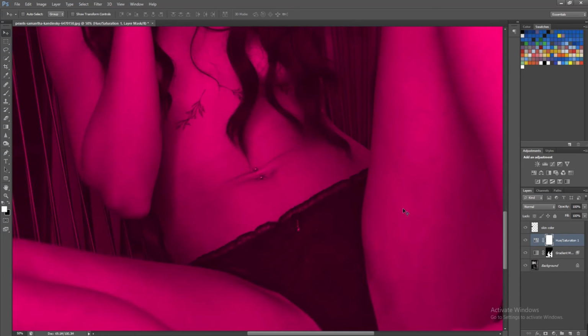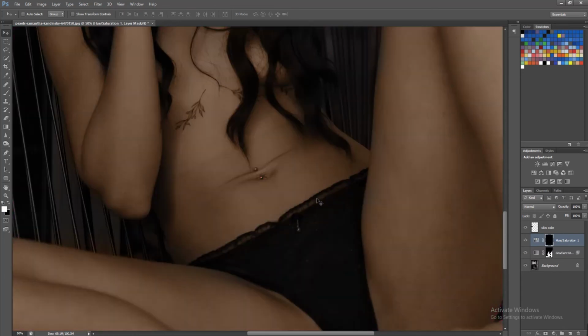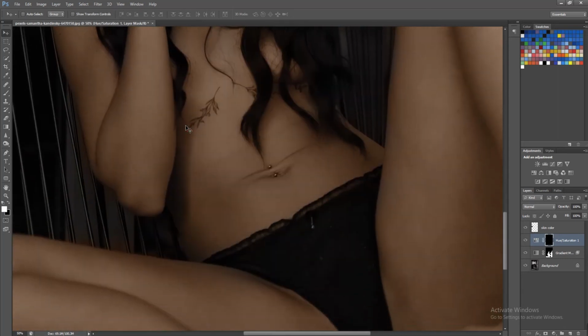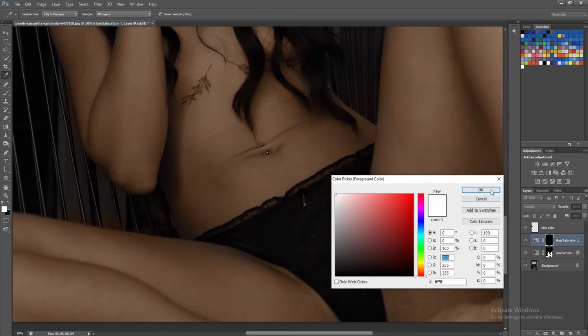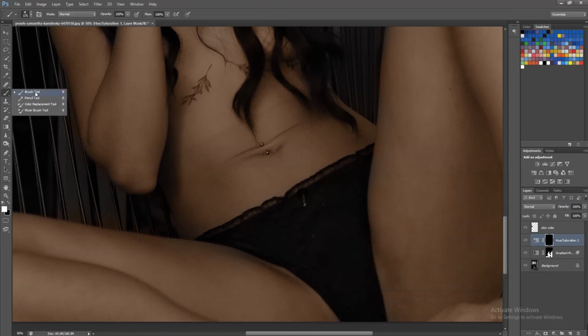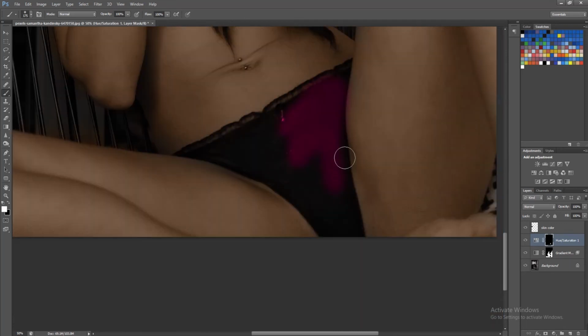After setting the colors, click on mask and press Ctrl+I to create a negative mask. Set foreground color to white. Take a smooth brush, set the flow of the brush to 100% and start painting on the cloth area. I am doing it very quickly because I have to show you the final result, but please, do it very smoothly and precisely, finishing the corners.